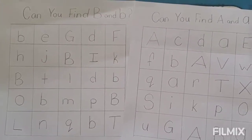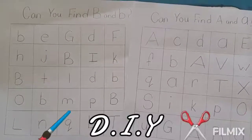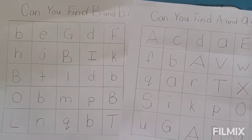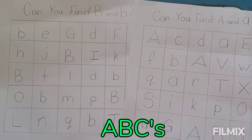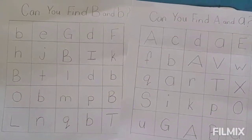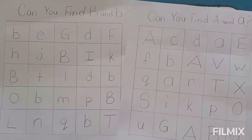I just wanted to hop on here quickly and share with you a fun DIY activity that I made for my 3-year-old today, who is working on his letter recognition. And so I did this in less than 10 minutes, guys. It was super easy. As long as you have a ruler, a pencil, and some blank paper, you can easily